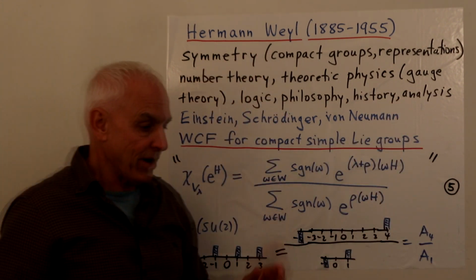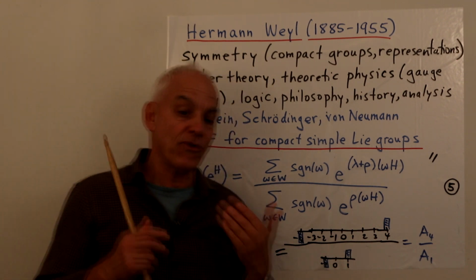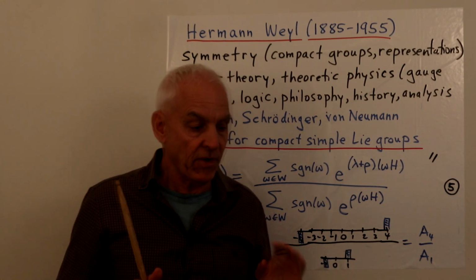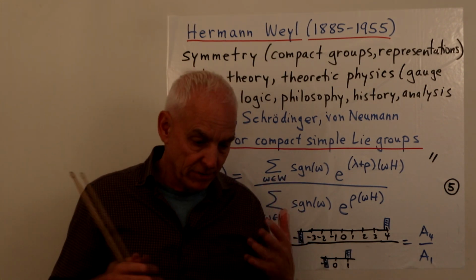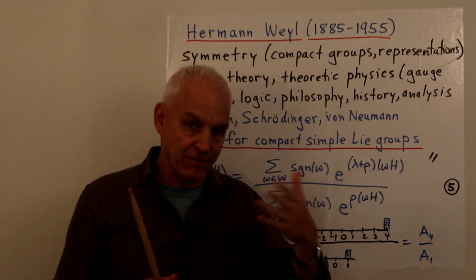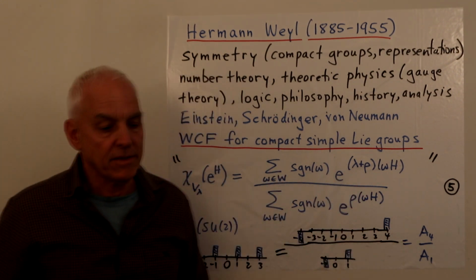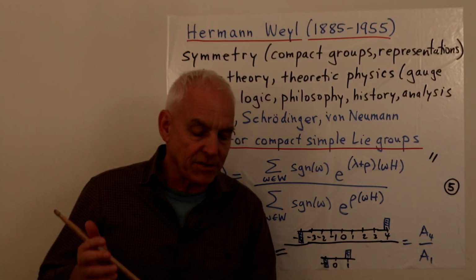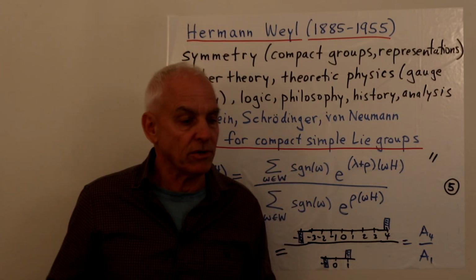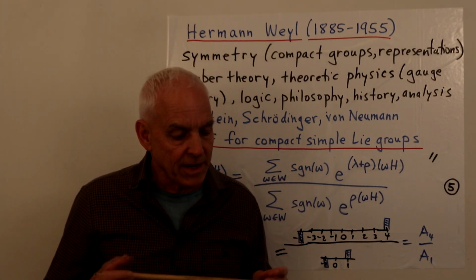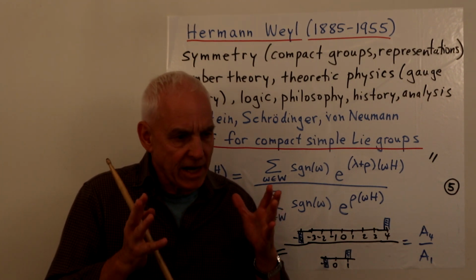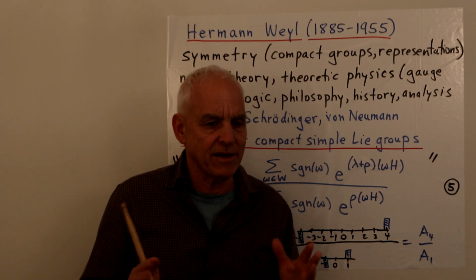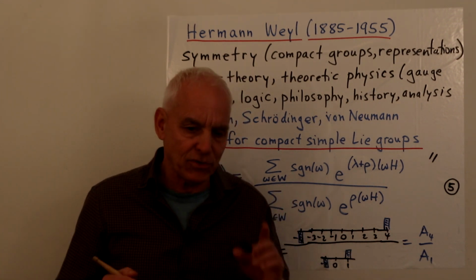And notably, I also have a great amount of sympathy for him because he was also skeptical about real numbers. He could see that there was a problem with real numbers, and he struggled for many years trying to figure out whether he was on Brouwer's side of intuitionism, of the Dutch mathematician Brouwer, or whether he was more on the side of the logicists, because I think he was actually a student of Hilbert. But in any case, he definitely had an idea that the foundations of mathematics were not really in a good state. And he didn't really know how to resolve that, perhaps, but he could certainly identify that there was a problem.